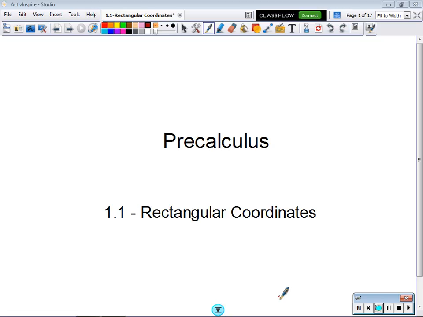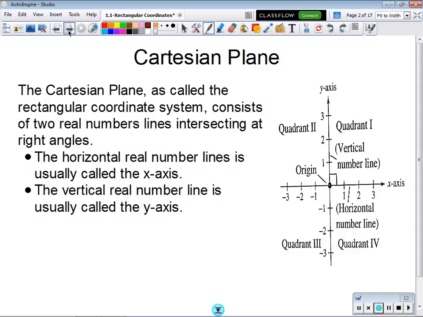So in the first part of chapter 1 here, we're going to look at some different things involving rectangular coordinates, which is going to encompass a couple different things. The first of which is just some different things with plotting points. So if you're familiar with the coordinate plane here with your x-axis and your y-axis, and I'm looking at this